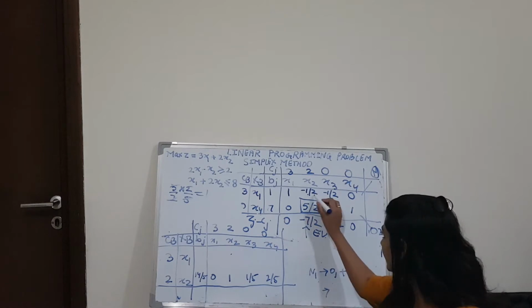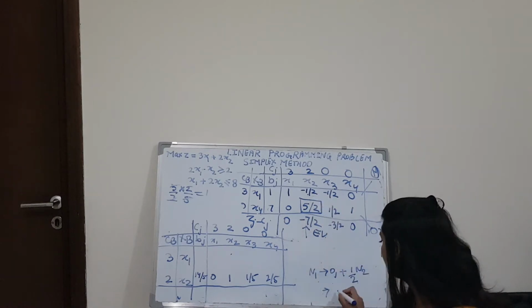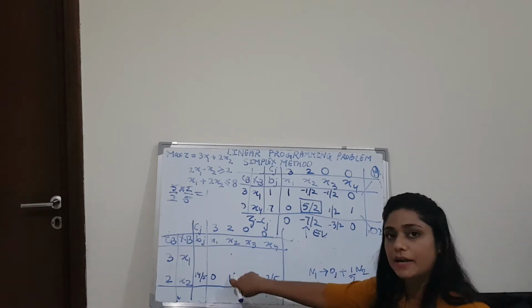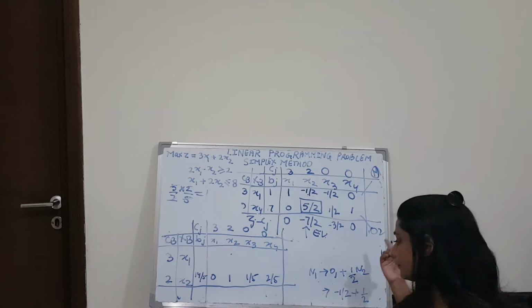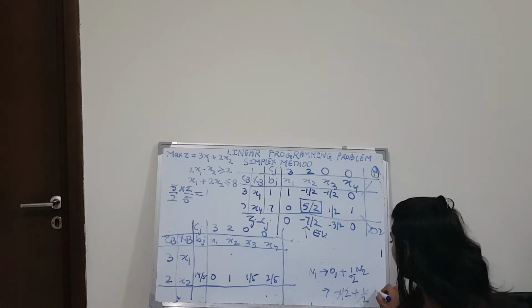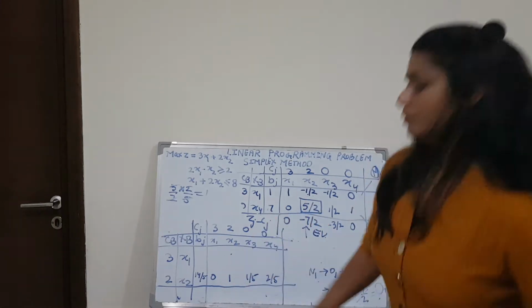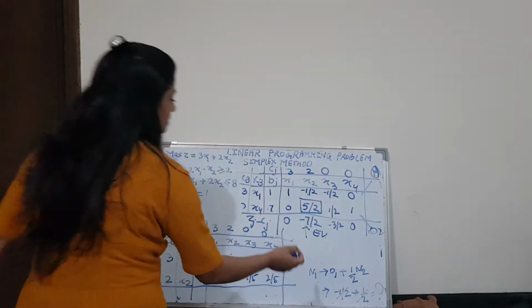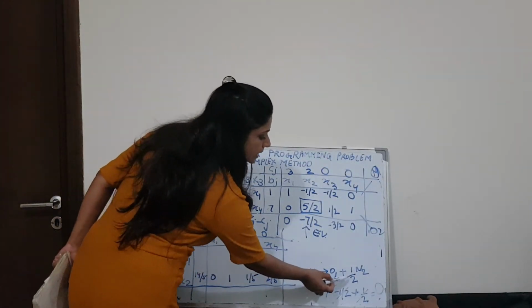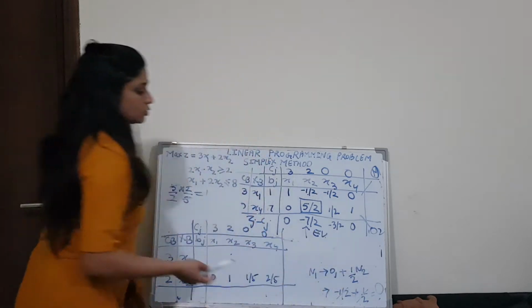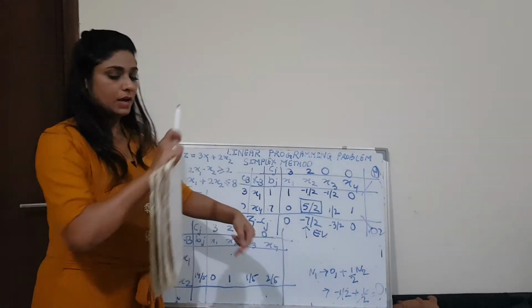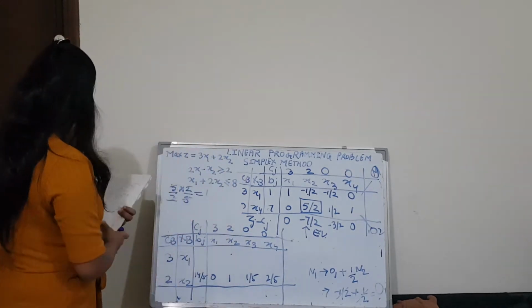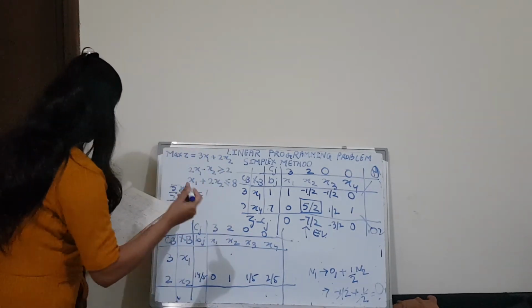In O1 we have minus 1 by 2, and in N2 we are multiplying by 1 by 2. So 1 by 2 into 1 is 1 by 2. Both cancel, and we get 0. So our equation is N1 is equal to O1 plus half N2. By this equation we will calculate this N1 row. I am writing directly here after calculation. You can do your calculation.